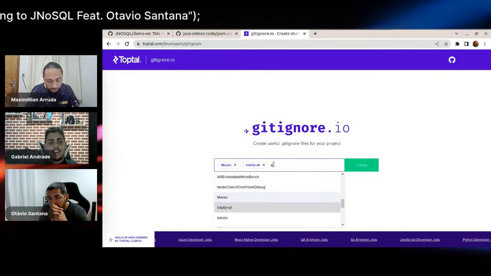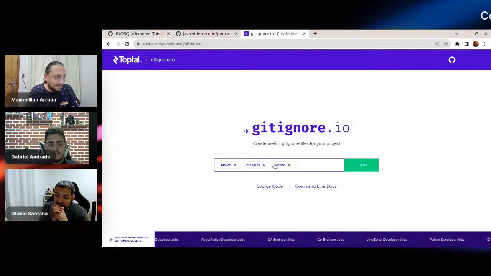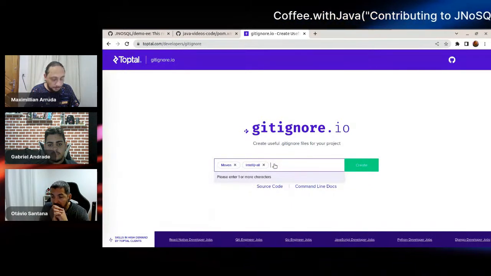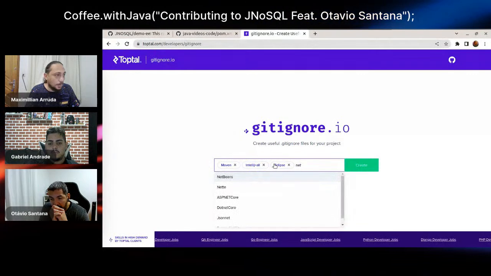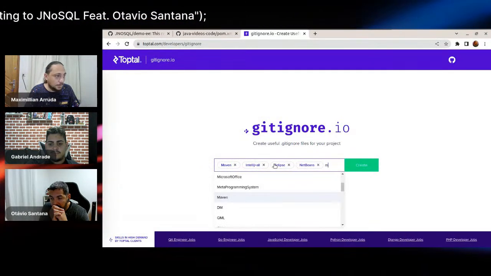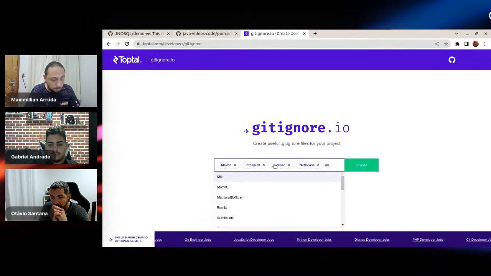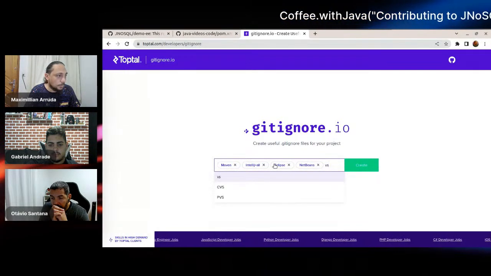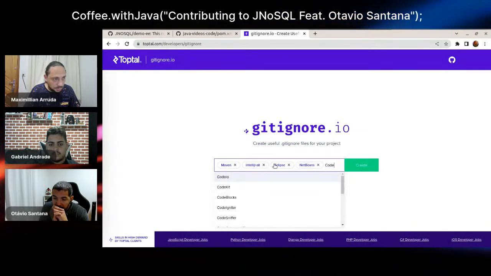I never heard about this site. That's nice. Eclipse and NetBeans, for example. I will add many things, so I could pick, for example, VS Code. I think it's the code one.